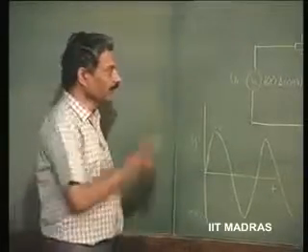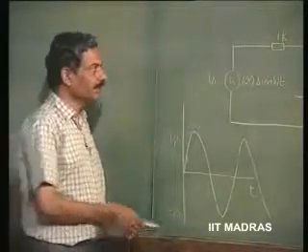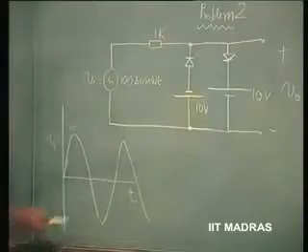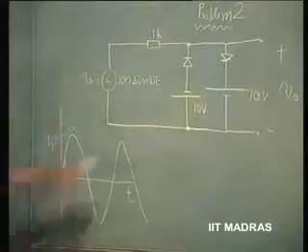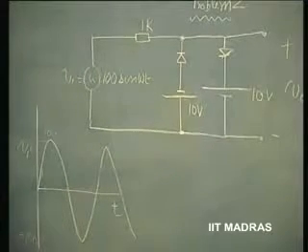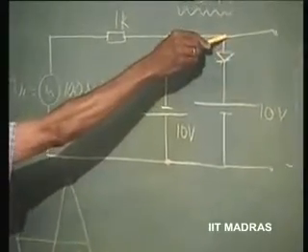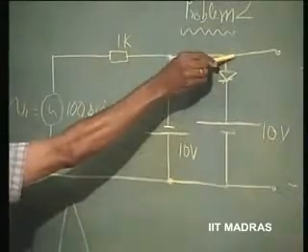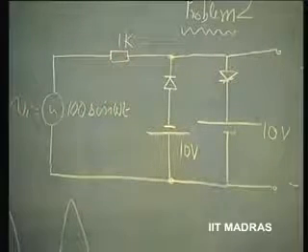In such a situation, the circuit to convert this sine wave into a square wave is a simple circuit, comprising these two diode combinations with minus 10 volts here and plus 10 volts there. So, what happens to the output? These are called limiter circuits or clipper circuits. This diode does not allow this output to go above 10 volts, because you have 10 volts here. With respect to this point, this voltage cannot go above 10 volts. So, it will chop off anything that comes above 10 volts.